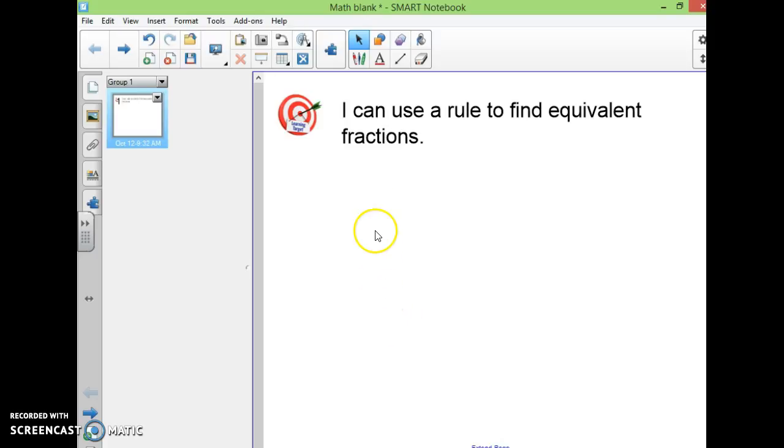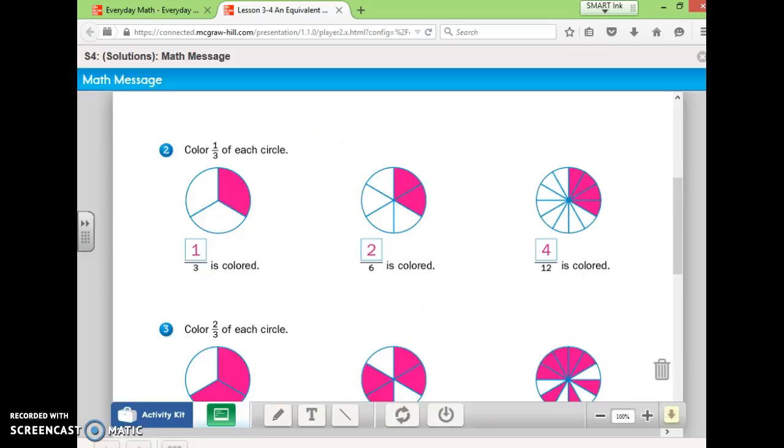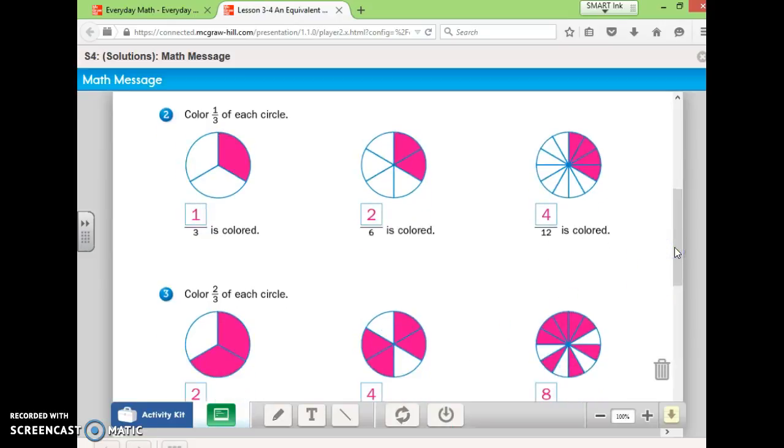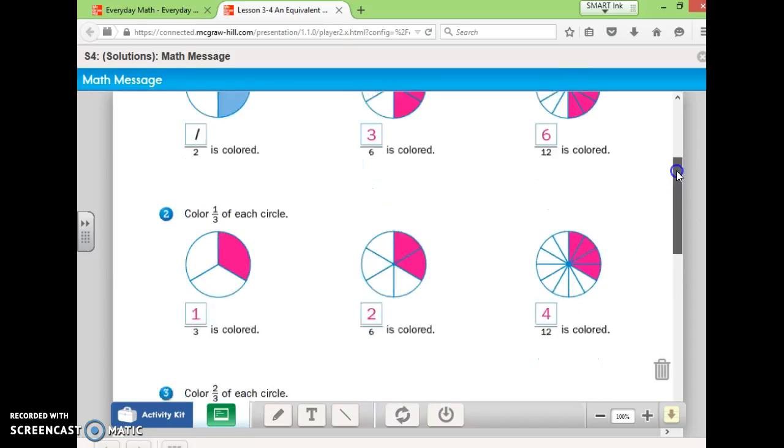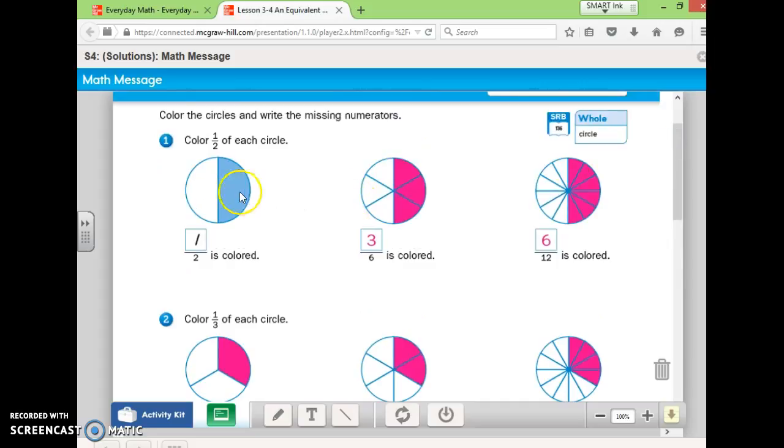So anyway, our learning target again was I can use a rule to find equivalent fractions. So let's take a look at this right here. So we have some fractions. Now if you notice, for instance, on number 1, all of these fractions are different, 1/2, 3/6, 6/12, but they all look like they're the same. If you look at these pictures, even though they're split up differently, divided differently, looks like they are the same